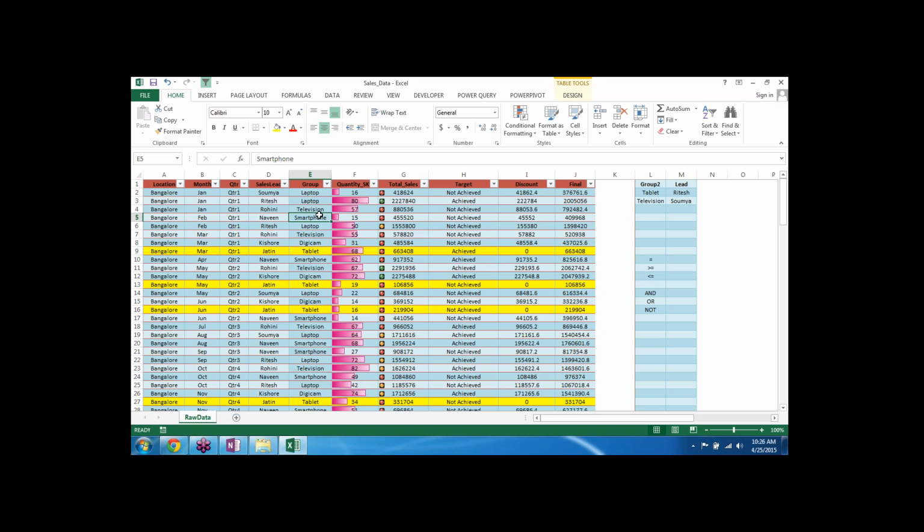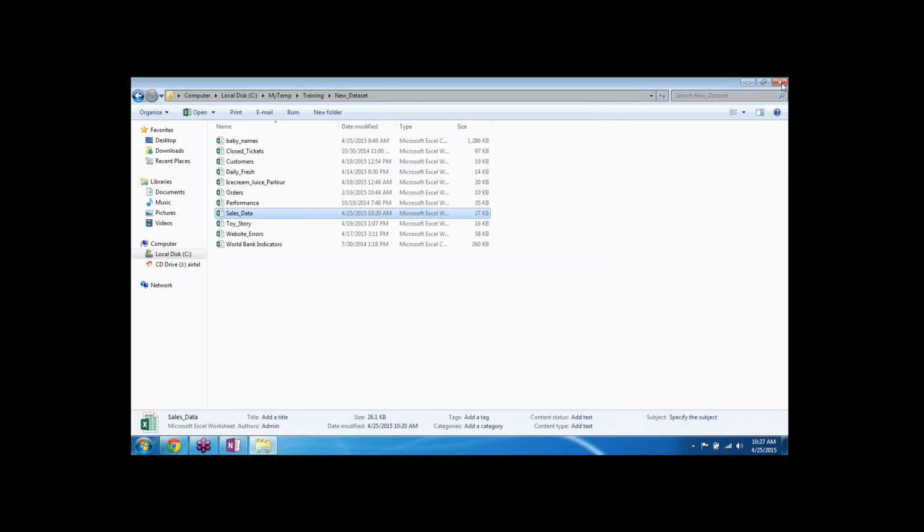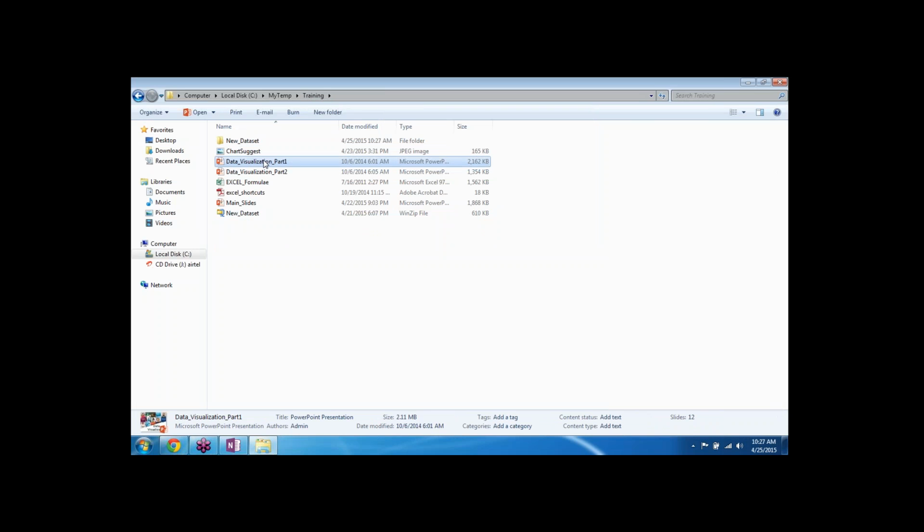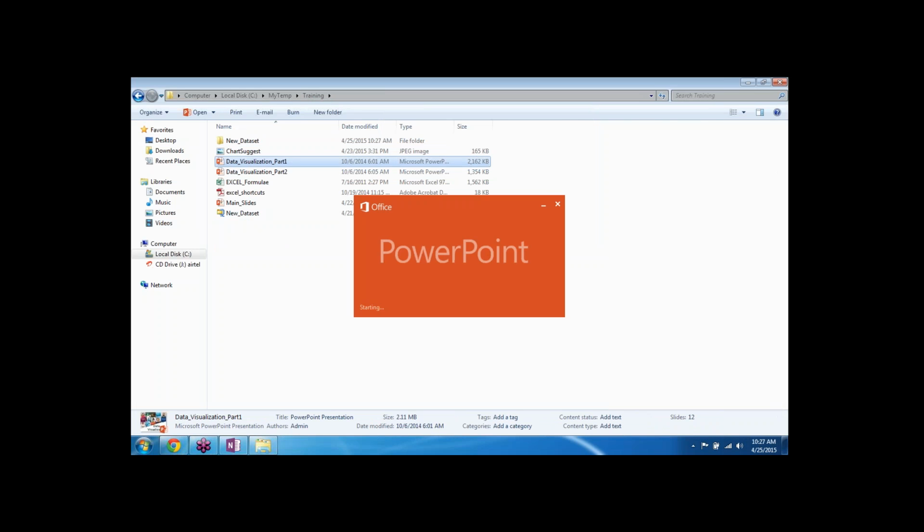Now, before I move on to the next section, I wanted to show you something as a slide so that it will give you a fair idea about what I'm going to show you next. So just for a moment, I will close this particular file, and I wanted to show you something on data visualization.